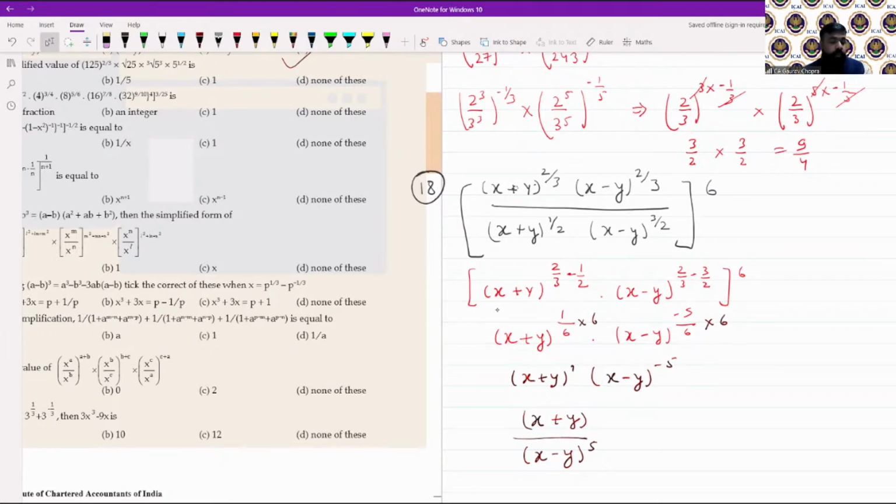Shaba is asking, in the question 1/2 and 3/2 is not given. See, how is 1/2, Shaba? Since we are having square root, what does it mean? Power half. And then it was written square root of cube. So cube and then square root's half. So it is 3/2. Okay. So that is why 3/2 is written.